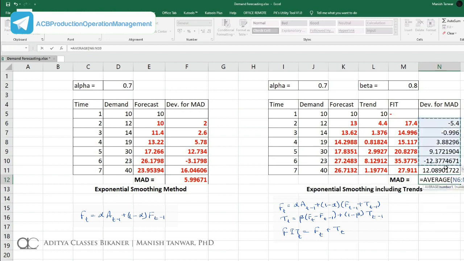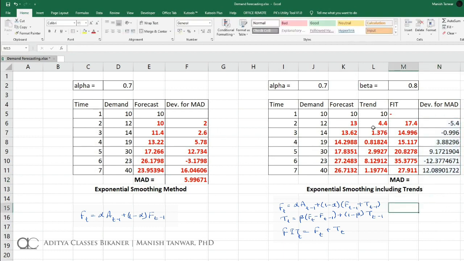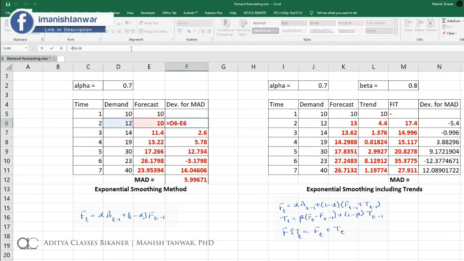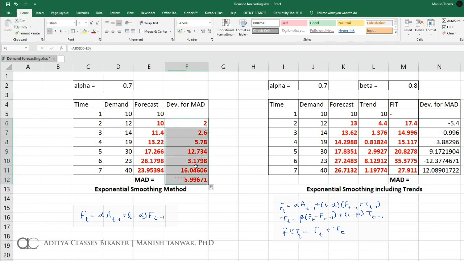These are my deviations. Acha, sorry, just a second. We were taking absolute deviations, so this -3 shouldn't have been there. We were taking absolute deviations, and absolute deviations come from ABS. Sorry, this was my mistake. I took deviations instead of absolute deviations because I wrote here deviations. If I take absolute deviations, this -3.1 will become +3.1. This has become +3.1. Fine.